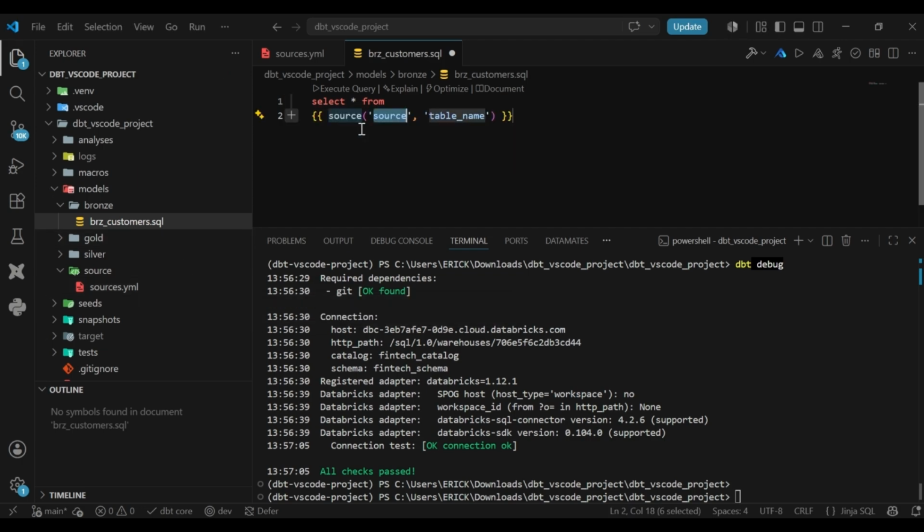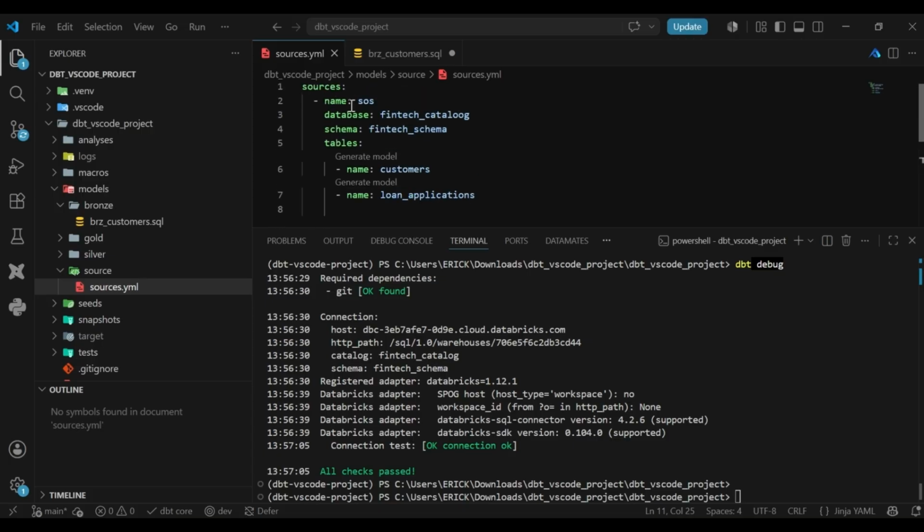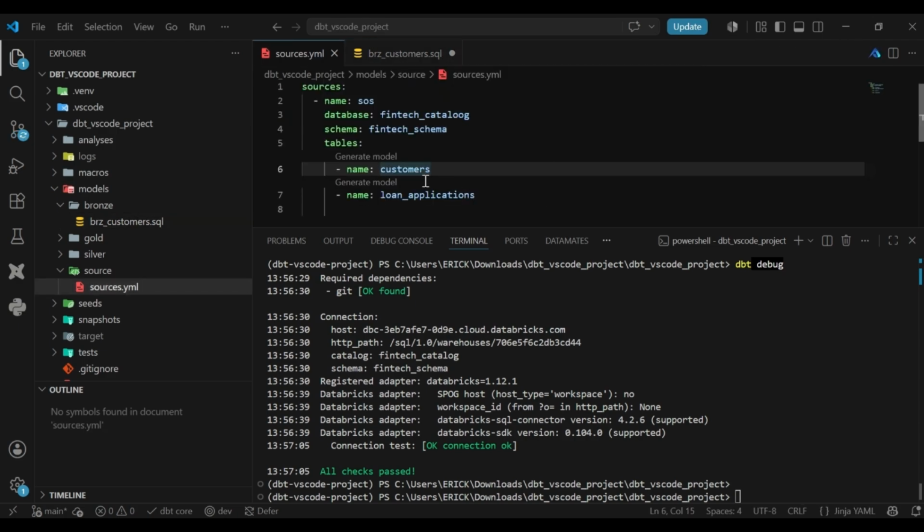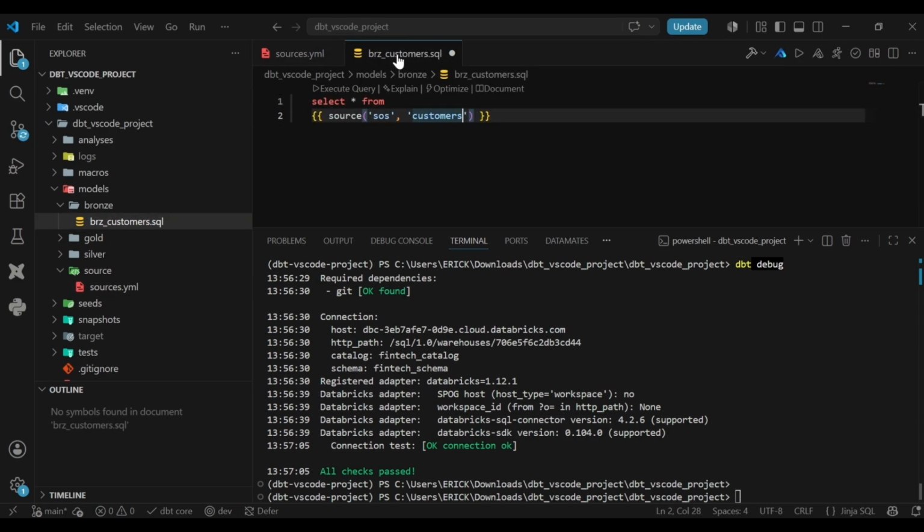So just write source, and the name of the source, we call it source. After this, here we're going to call the table name. For our case it is customers. Yeah, customers. After that,